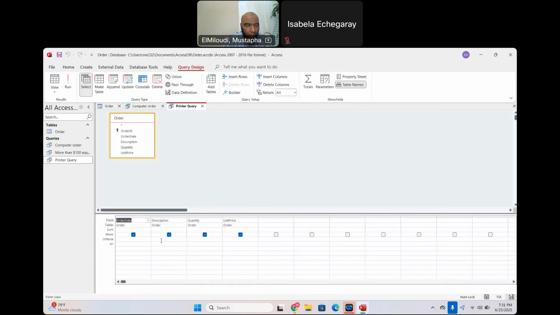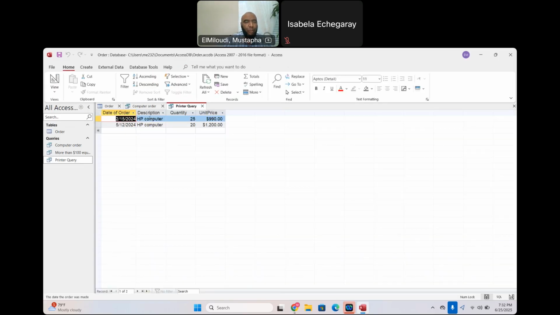Okay, so I'm going to go right here and put, it doesn't really matter how it starts, asterisk, as long as it ends with computer. Now, what about if it starts with computer, but it ends with something else? Then in this case, you have to put the asterisk at the end. So now I'm going to run it. See, I have two orders related to computer. So now I can save it